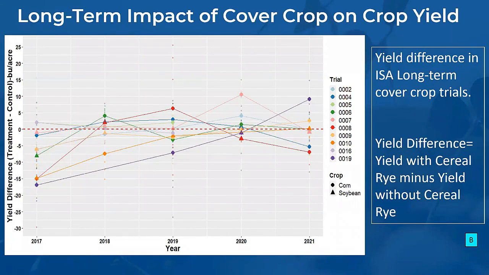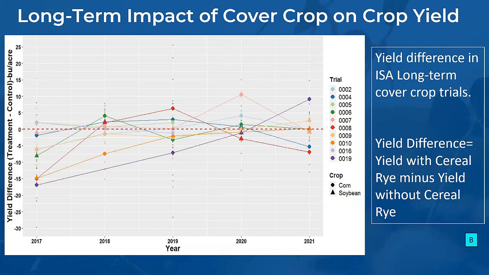Why do we care about yield change? This is an example of long-term on-farm trials done by the Iowa Soybean Association for the last 5 years. Many groups across the state do the same. I believe Practical Farmers of Iowa do the same, as do Iowa State researchers, who study the long-term impact of cover crop on yield and different properties. Here, the farmer would plant cover crop in the same strips for the last 5 years